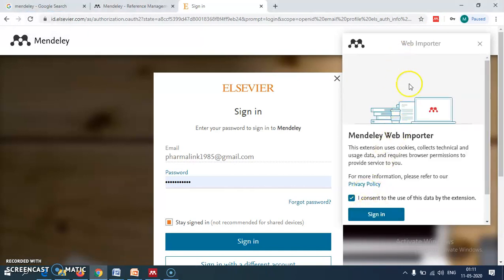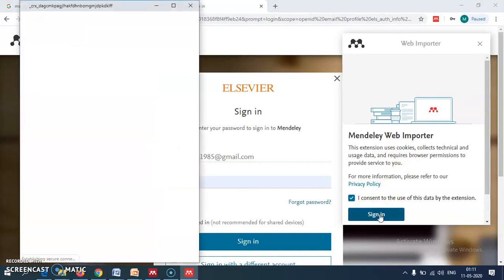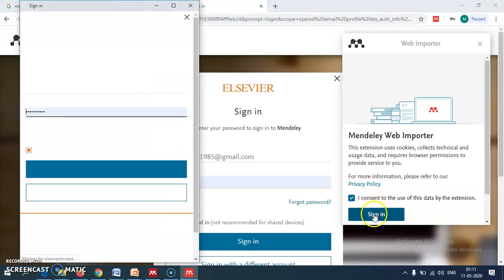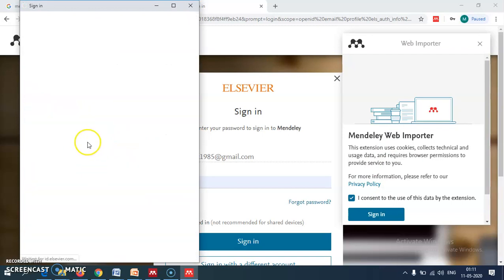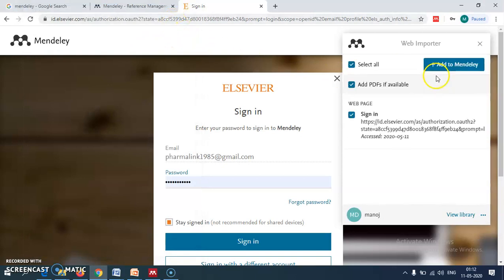Here you have to sign in. You have to click on sign in, and as per your email ID and password, just click on this. It displays the different kinds of articles we already have in our library, so this is the web importer library.